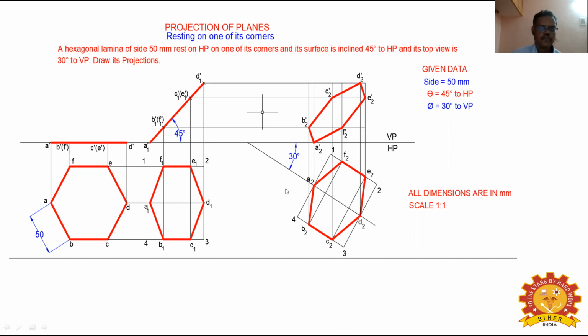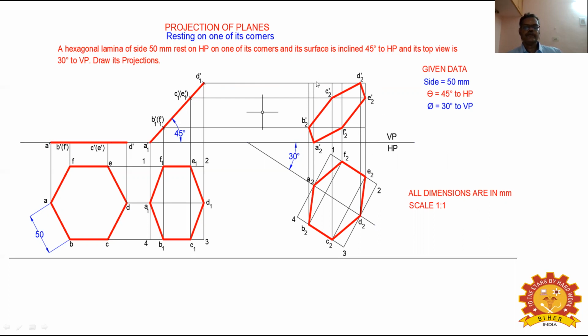I explained in the last sum how to construct this outer rectangle. Similarly, you have to transfer the points between 1 and 2, the F2 and E2 lines. And once you transfer all these points A2, B2, C2, D2, E2 and F2, draw vertical lines. By using a 2H pencil, a very thin pencil, draw a vertical line. And from D1 dash, C1 dash, B1 dash, draw a horizontal line. The corresponding intersection points mark as A2 dash, B2 dash, C2 dash, D2 dash, E2 dash and F2 dash.